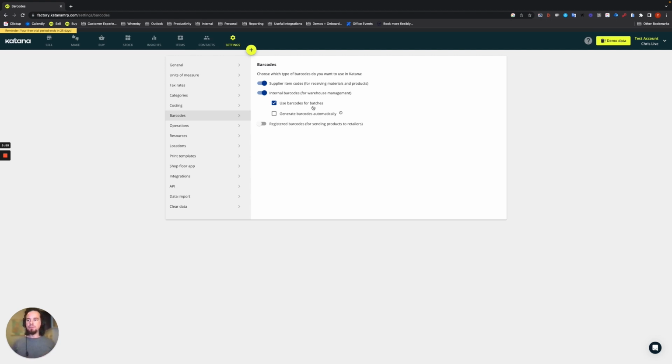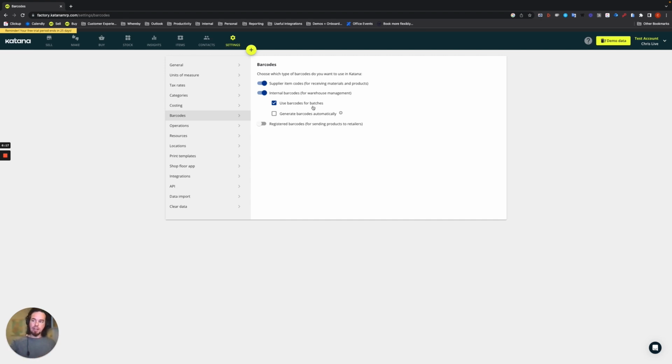are batch trackable. So for example, every time you receive an incoming material that is batch trackable, you can create an automatic batch barcode for it once you assign a batch number to it. So batch number, batch barcode, those go hand in hand, but they're different. Batch number is the number in the batch tracking side, but the batch barcode is what's used for the barcode scanner